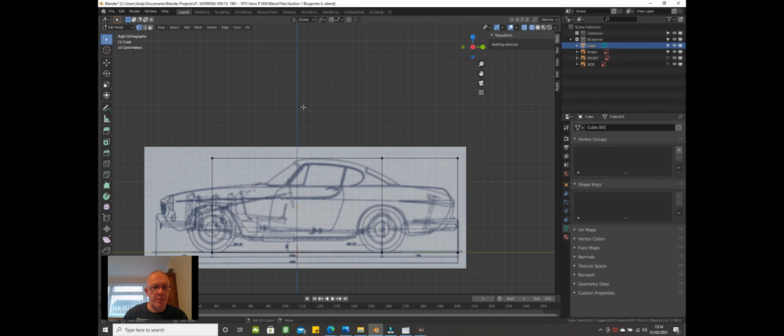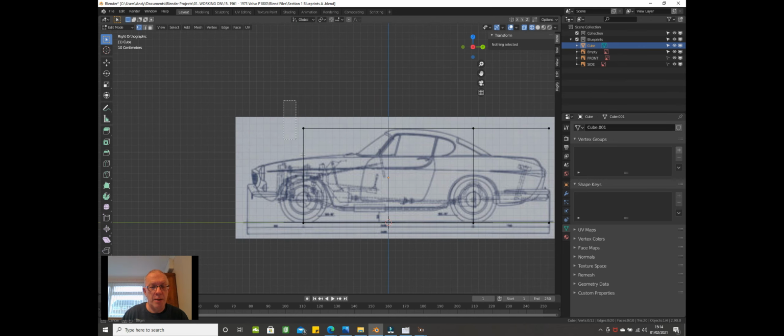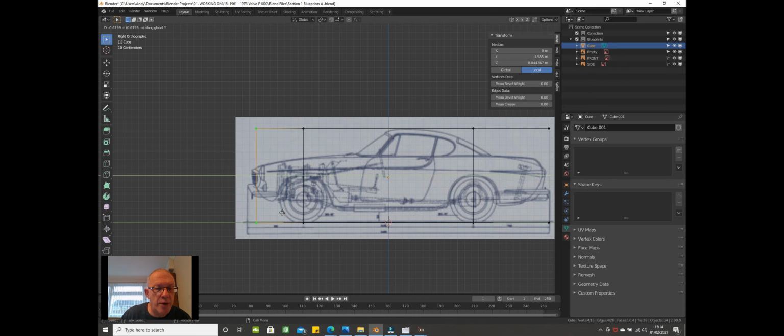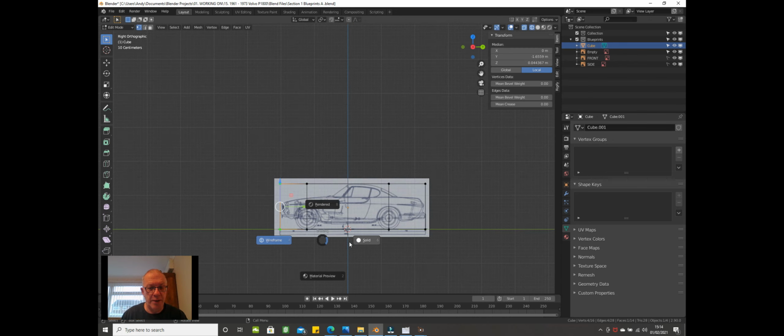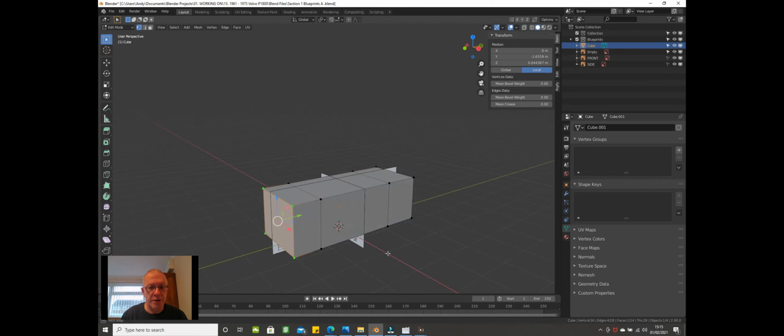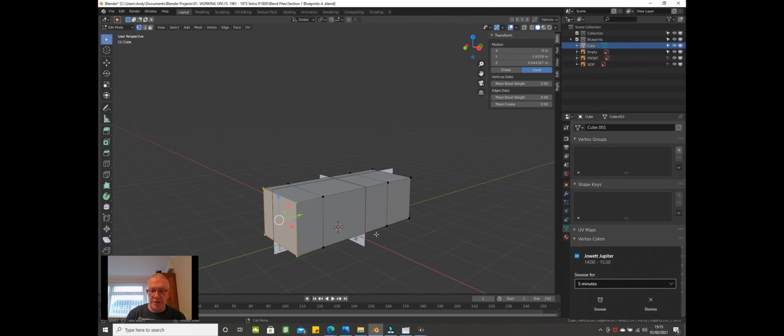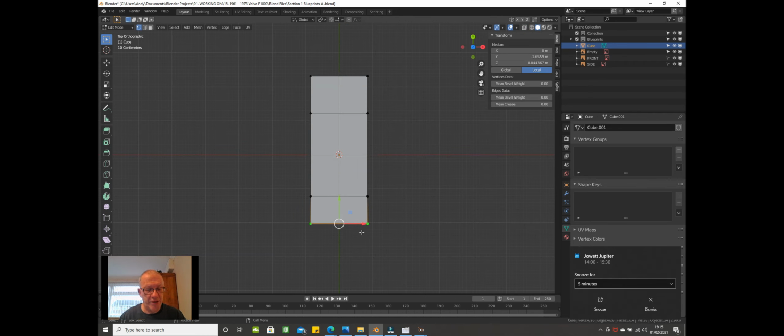Okay, now we do the same on the front. So B, drag that. E, Y, and drag it all the way. You might have to press the Y twice to make sure it's going in the right direction. And press there. Now press Z. So there's our box, okay, with our 2 image planes in. So we go back to the top view, press Z